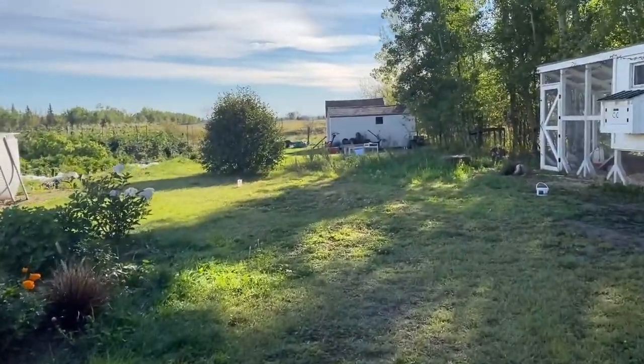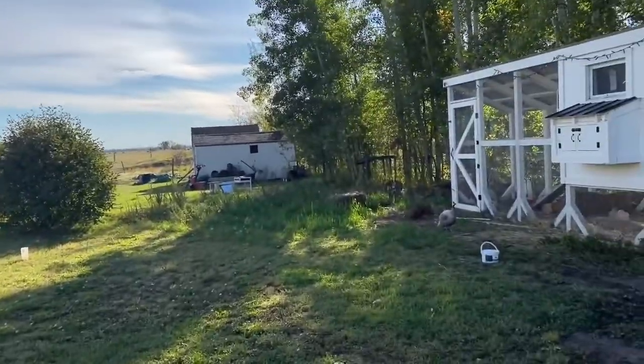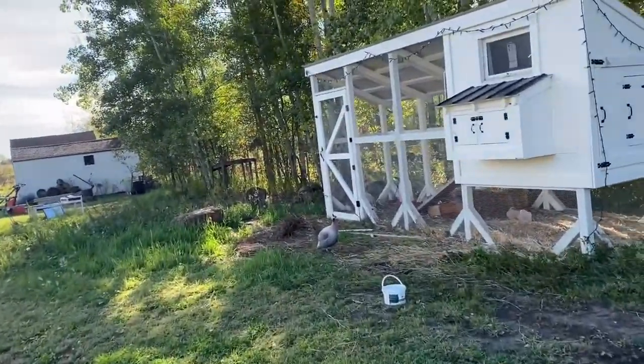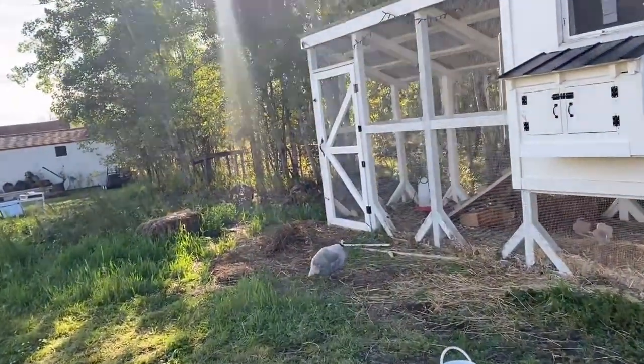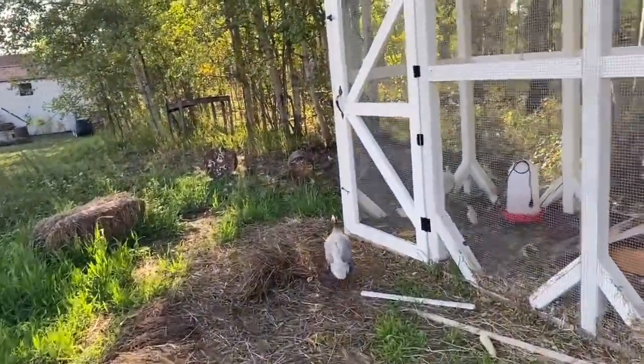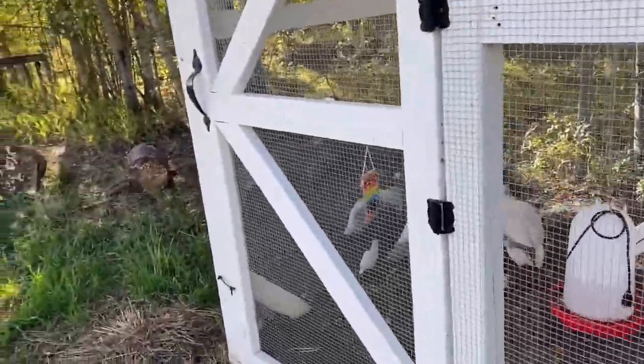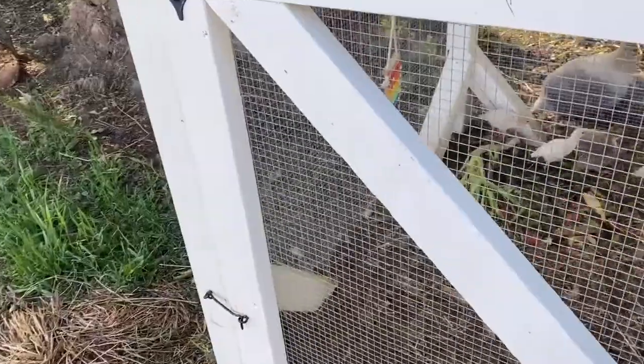But first, before I show you what we got going on in the garden and what's producing, I'm going to let the guineas out. It's a little later than I normally let them out because it got down to like 4 degrees. And the little babies, I didn't want them to get too cold. So I'm